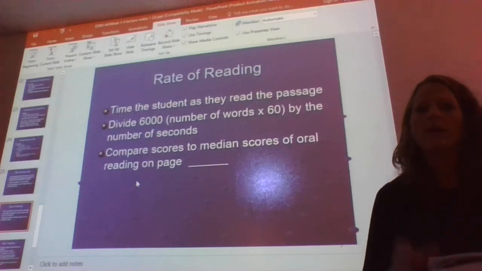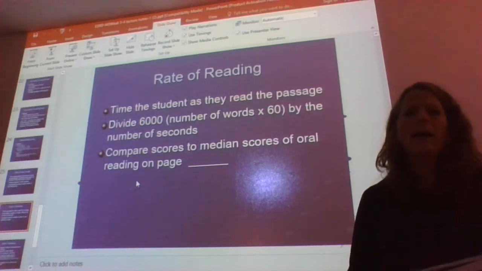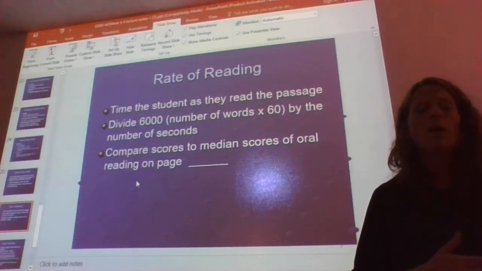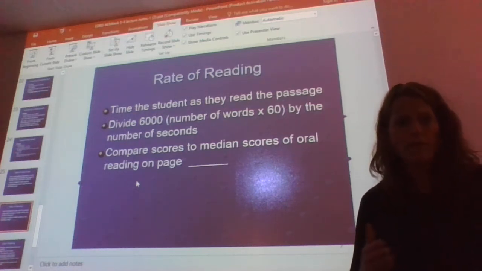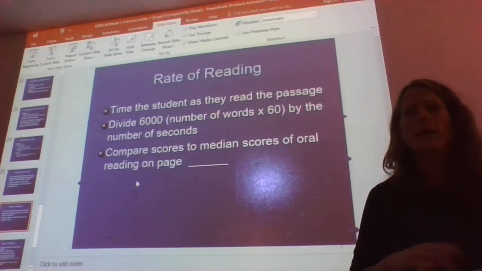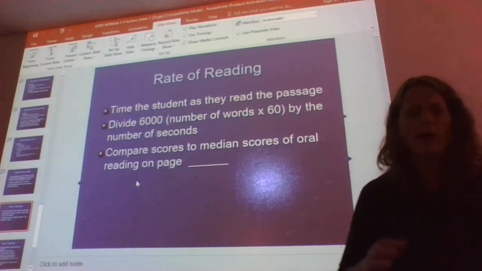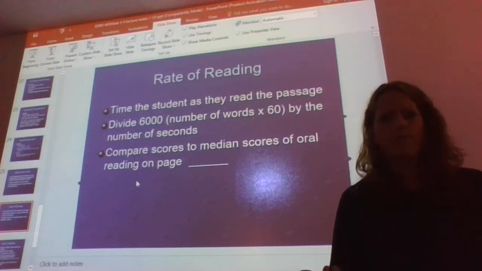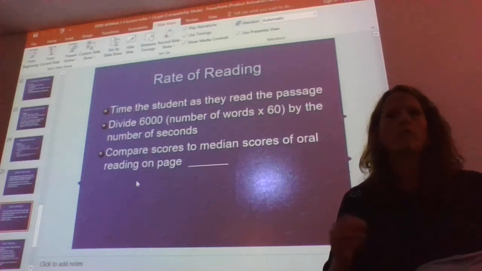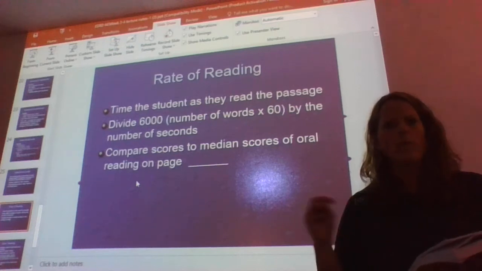There's some debate on whether or not you should use their grade level versus their instructional level. For the student who's struggling, it's not going to make that much of a difference. They're going to still be below where they need to be, no matter what level. But when you report it, for the reading rate, you might say, the examiner assessed the student's reading rate on passage 8224, second grade reading level, where the student was considered instructional. And then you can say the rate was